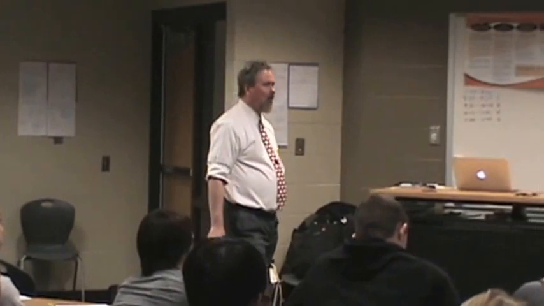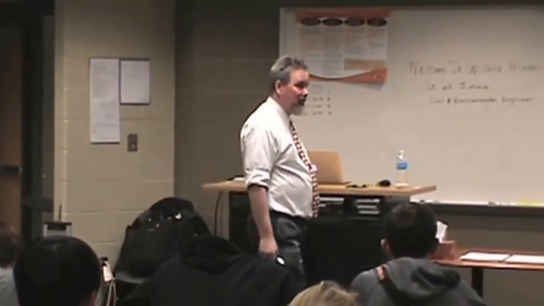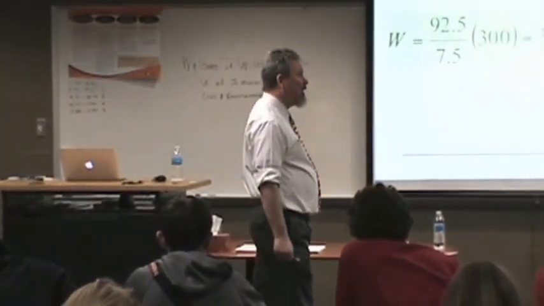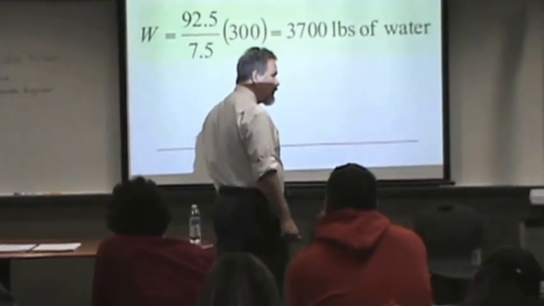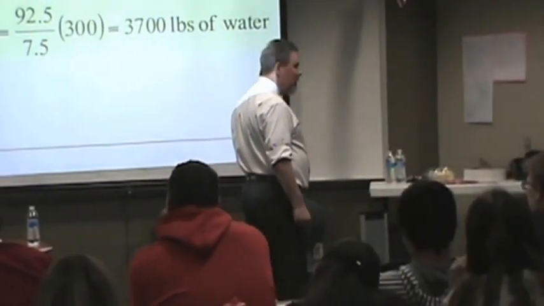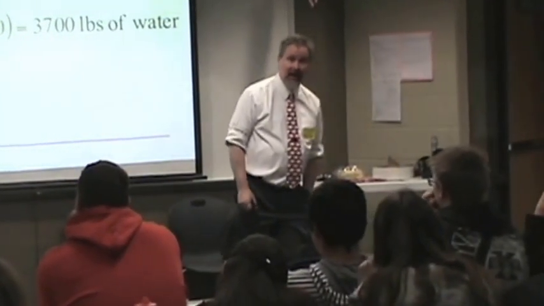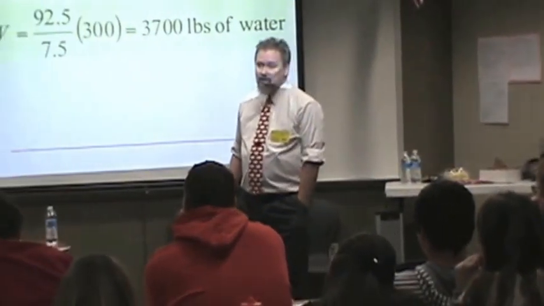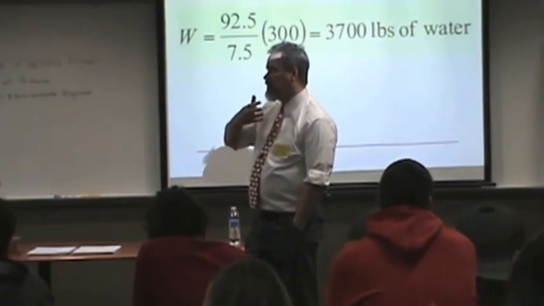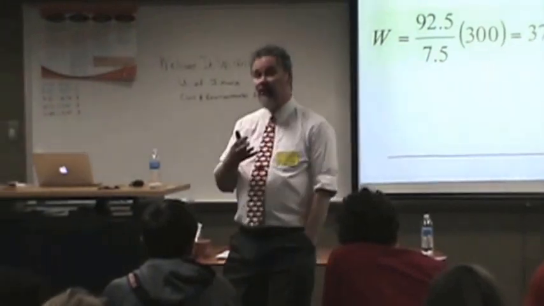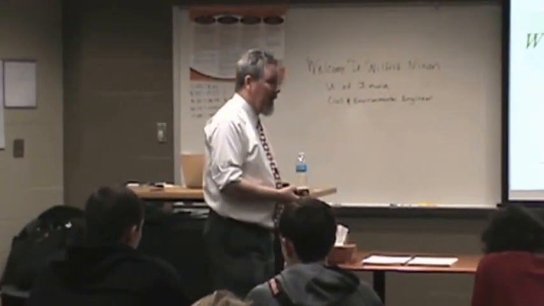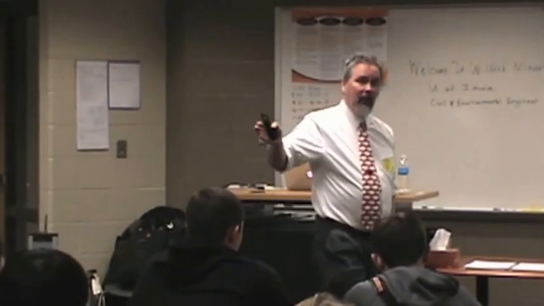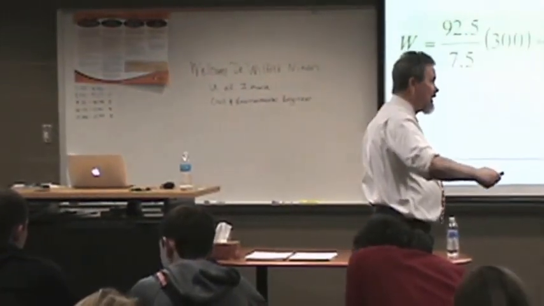Because if we do that, we now have 4,000 pounds of solution, and 300 pounds of that 4,000 pounds is salt, which turns out to be 7.5%. So we've got to take 3,700 pounds of water, which is nearly 2 tons of water, and spread it out over a lane mile and see how big it is. And if we do that,